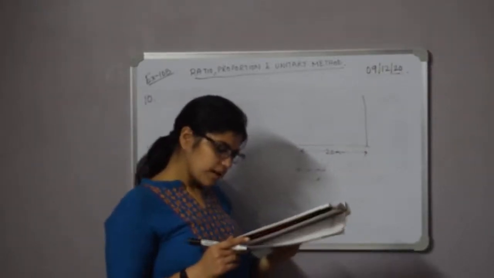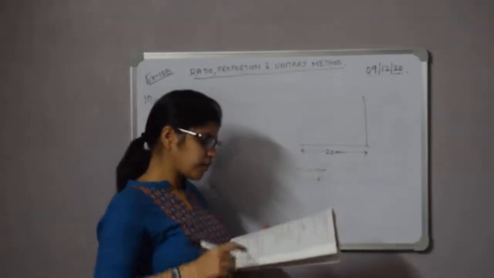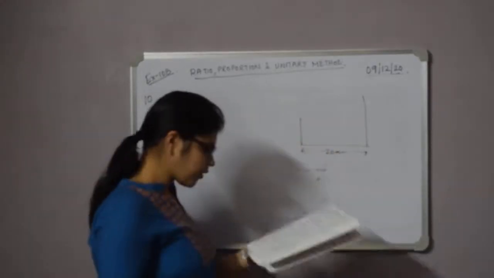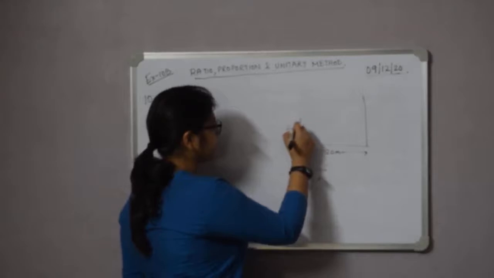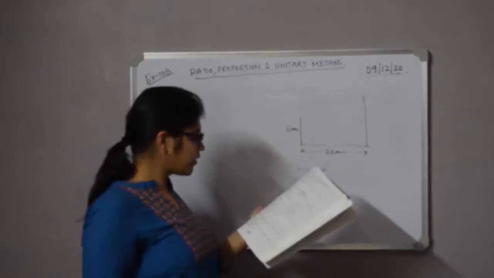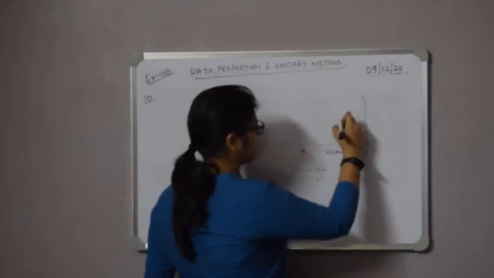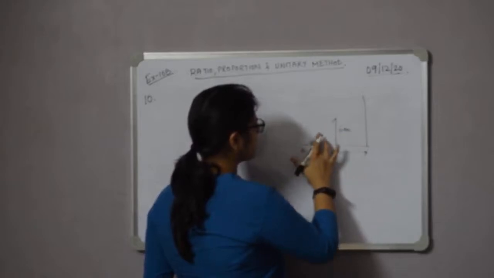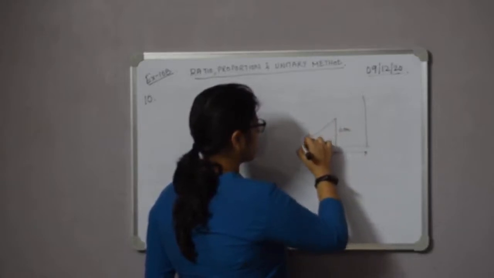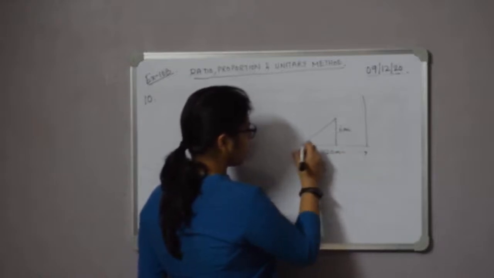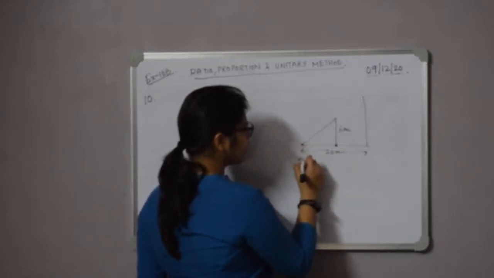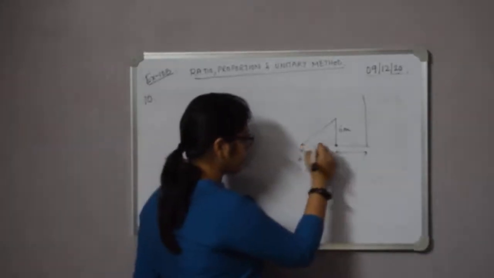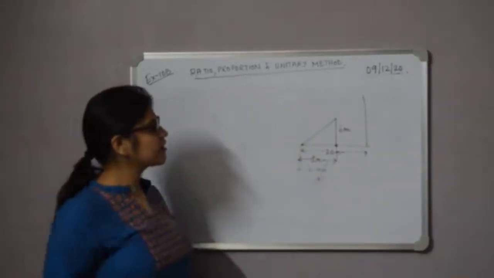Then it says, when a tree of 6 meter high casts a shadow of 8 meter. So there is another thing, that is a tree. So the tree is of height how much? 6 meter. And the tree gives a shadow, sorry, it will be on the same side. So the tree will be 6 meter and it will cast a shadow of how much? It will cast a shadow of 8 meter. So that means from here to here, only this distance is 8 meter, okay? From here to here, and the total distance is 20 meter.